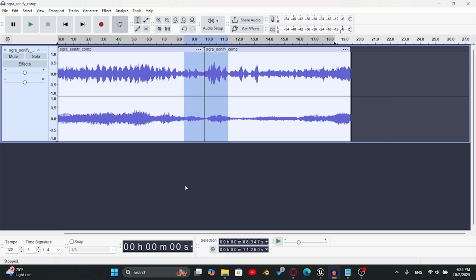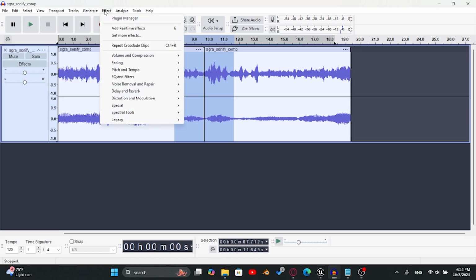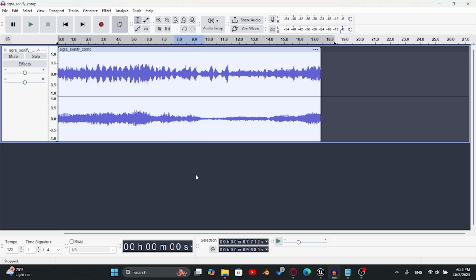And I'm going to select this area where the two are connecting and use a crossfade. Okay, so now we can test it out. If you turn on the looping,